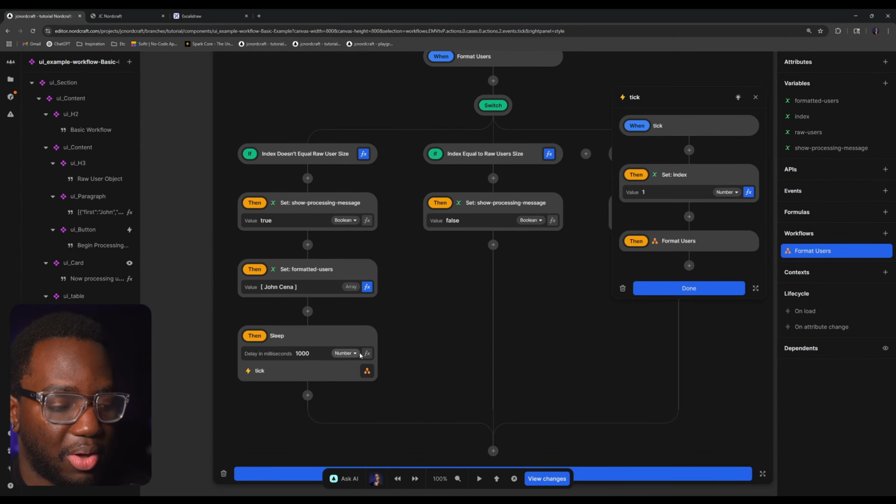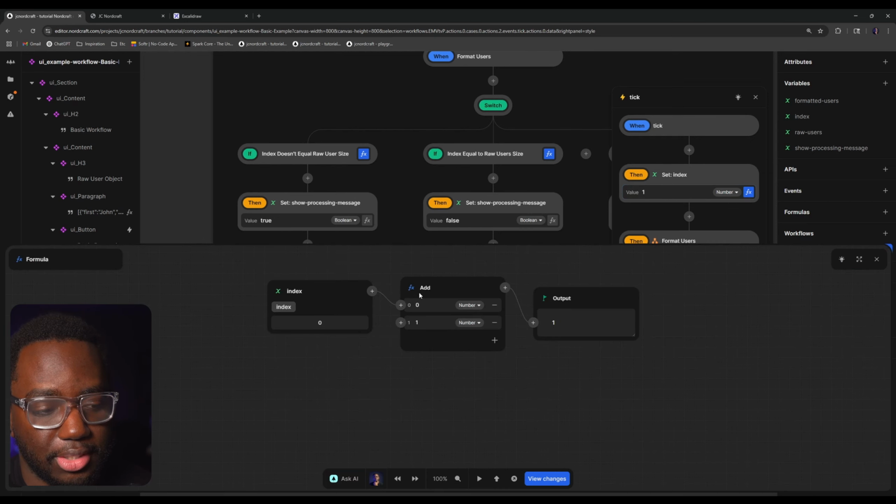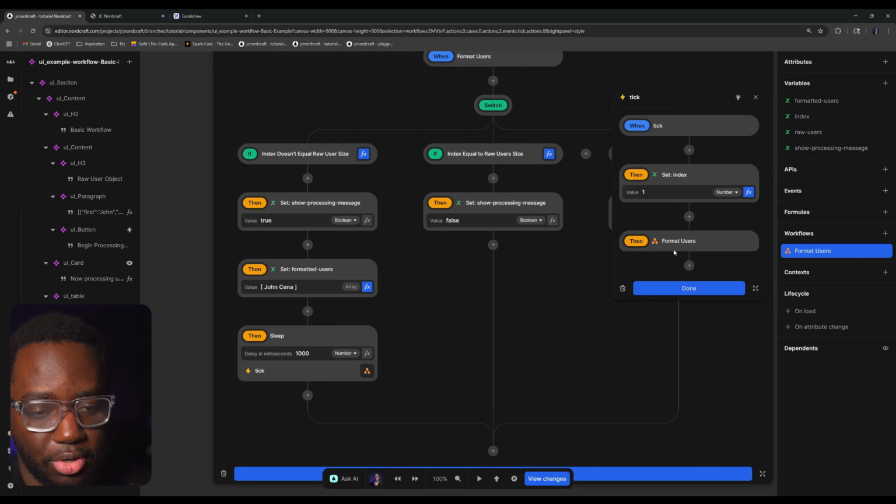Then after that, we're just going to sleep. Now, this is just to kind of simulate you doing something with your database. We're just going to sleep, and at the end of that sleep, we're going to increase index by 1, and then we're going to call this